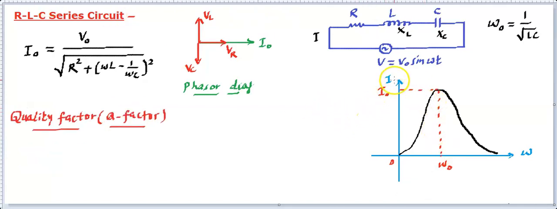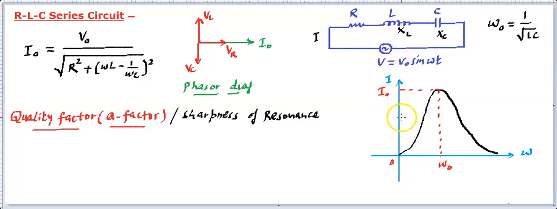Related to this graph, which we have talked about, this amplitude versus omega, or I versus omega, you will find there is one popular quantity called quality factor or Q factor, which is also called sharpness of resonance in case of an RLC series circuit. So sharpness of resonance is defined by the Q factor or quality factor, and how we can interpret it and use it, let me explain over here.